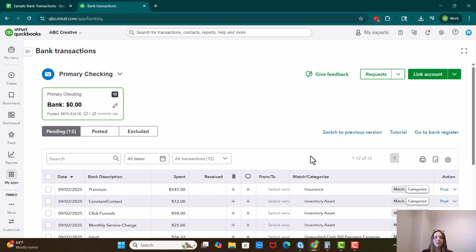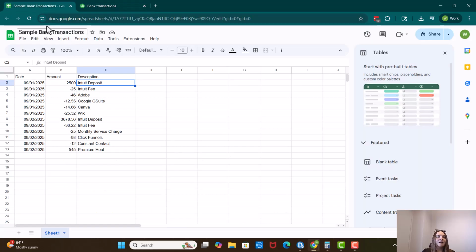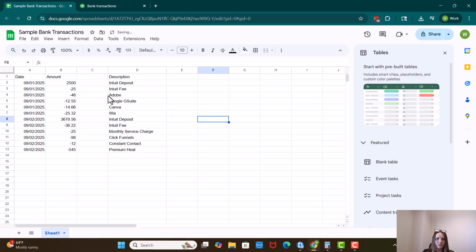Okay, now I'll show you how to use this actual bank feed in a different video. I'm just showing you how to get the data in there first. So here in the sample bank transactions, I'm going to show you what it looks like when we have multiple columns. So I'm just going to insert a column to the right, and I am going to take all of these